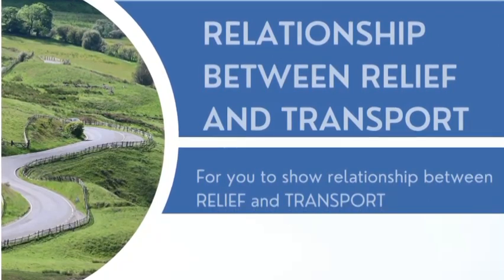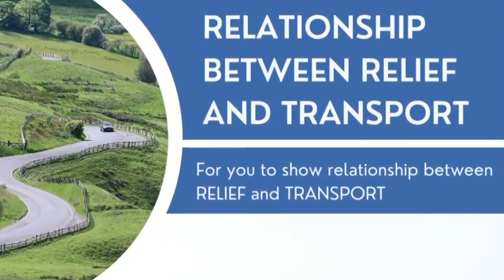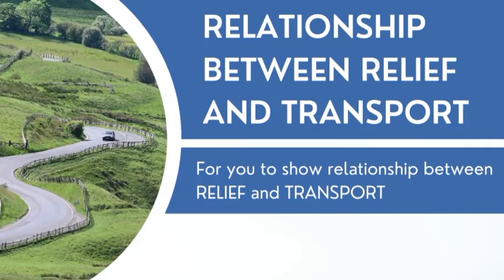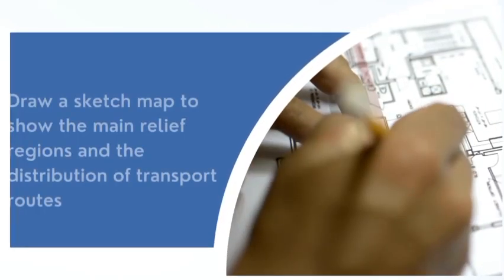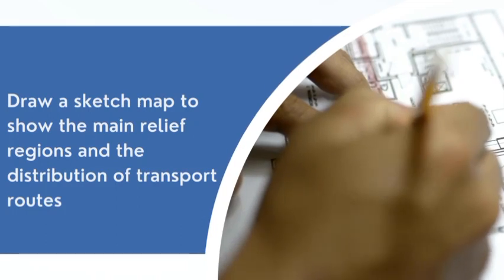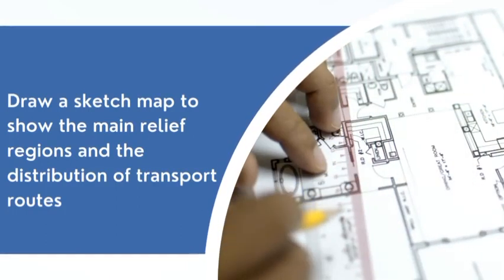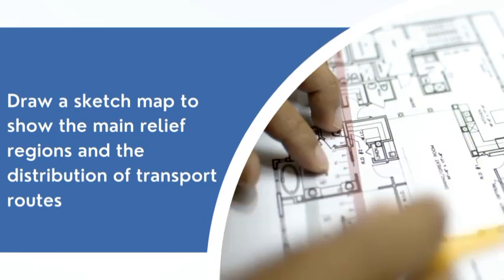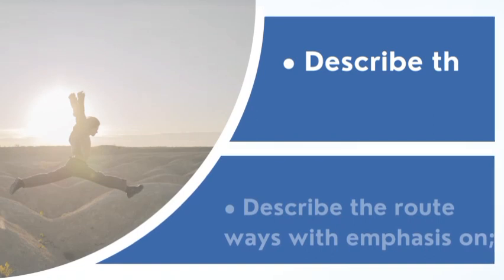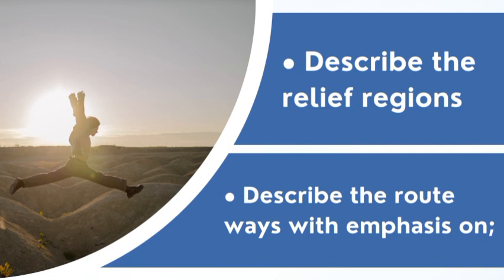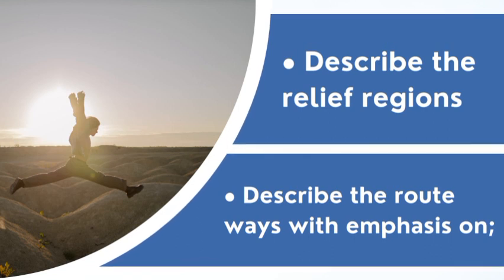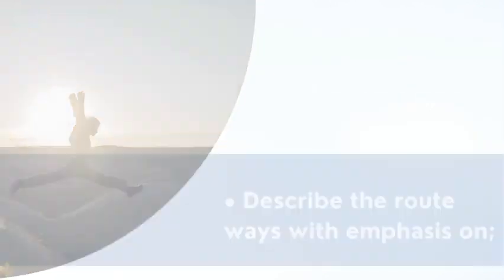Then straight on, we move to the relationship between relief and transportation of an environment on a map to show how easy the transportation of such an environment can be. Firstly, to do that, we need to have a rough sketch of the main relief of the region so as to note the distribution of transportation routes in such a region on the map. And also, in describing this, we need to describe the relief region, either island or lowland, and also we should describe the routes with emphasis on the following